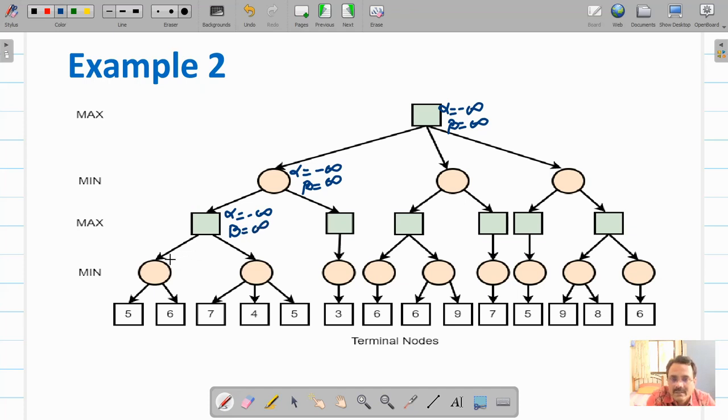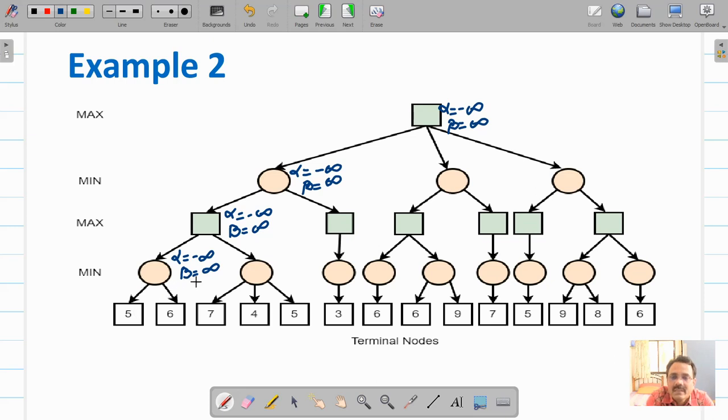Then this minimizer node, going in DFS manner, alpha is equal to minus infinity and beta is equal to infinity. Now it's a minimizer node. First it will check value 5, it will update the value of beta. For a minimizer node, if the beta value is lesser, that will be accepted. So beta value decreases.